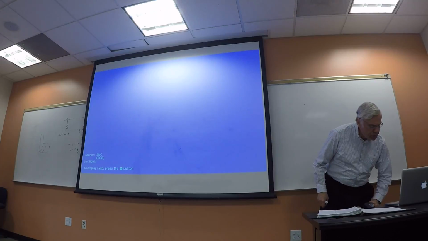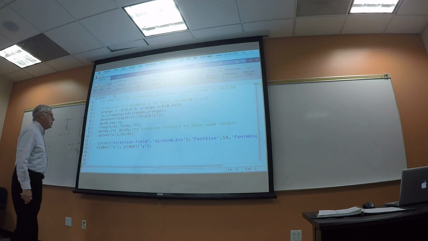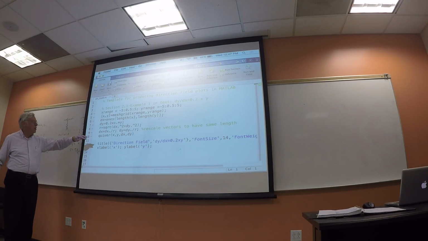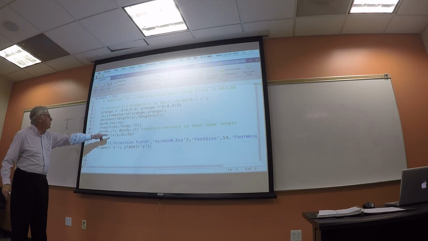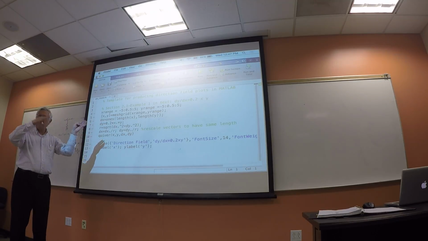So what quiver will do is, look at quiver, how many arguments? That's x, y. Normally the way you use quiver is you do quiver, the x and the y, remember that's the range basically. And notice when I do quiver, the x, y is that crazy thing from meshgrid. But essentially just think of x and y as telling you where